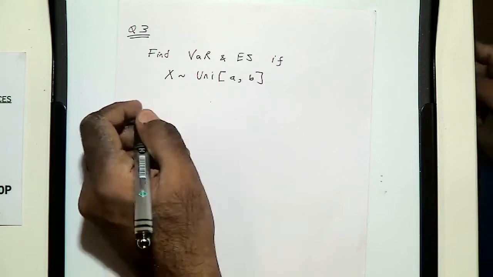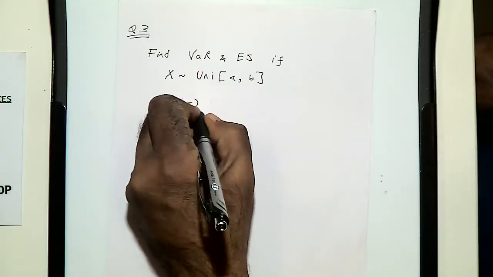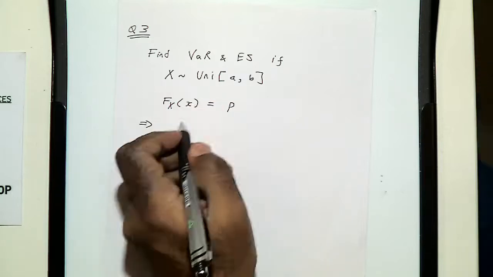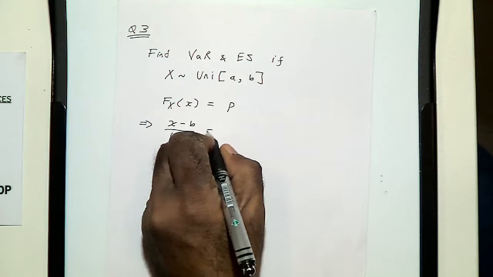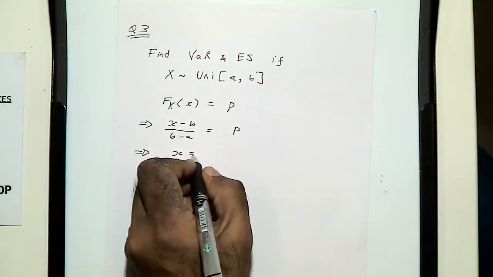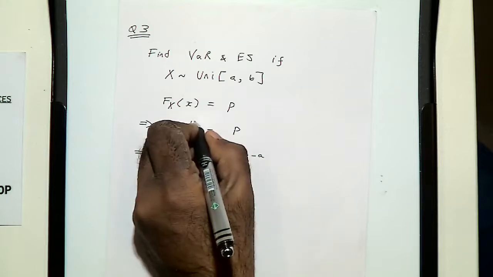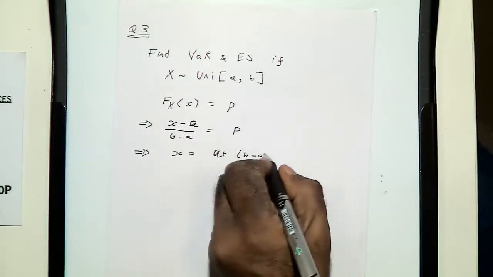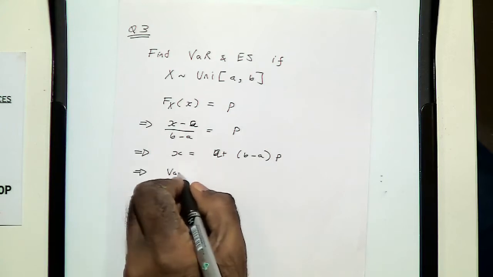So what you do is, to find the VaR, you set the CDF equal to p and solve for x. The CDF of a uniform variable, so x is equal to a plus, sorry, this is a. This is a, not b. All right, so this implies that VaR